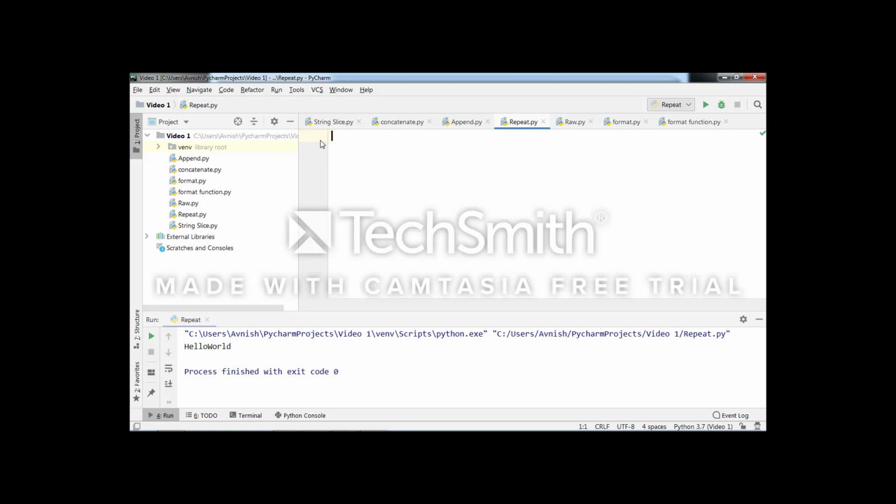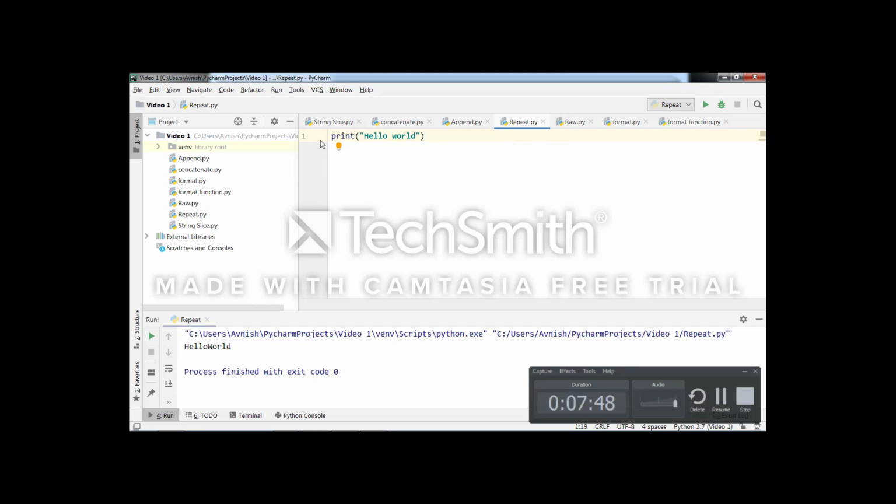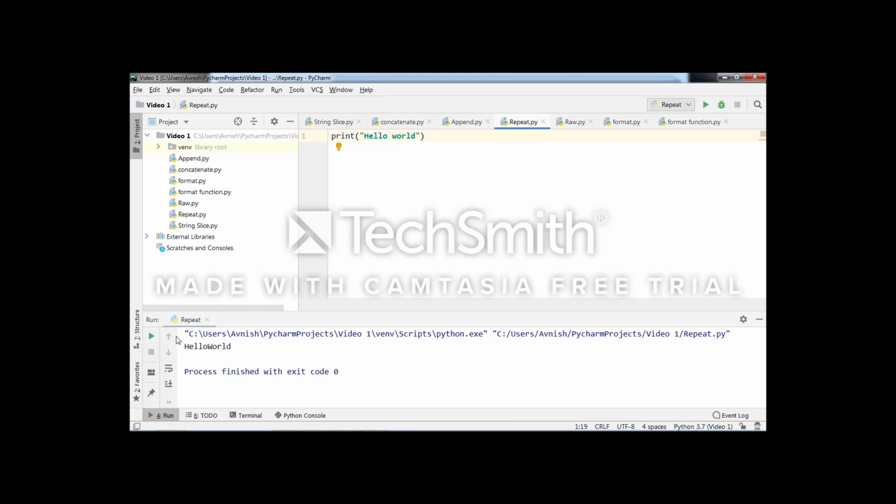Let's take one example, a print statement. In that print statement I am taking one string, hello world. If you execute this code, you will get the answer hello world in a single line. Now I will use my first escape sequence, that is \n.